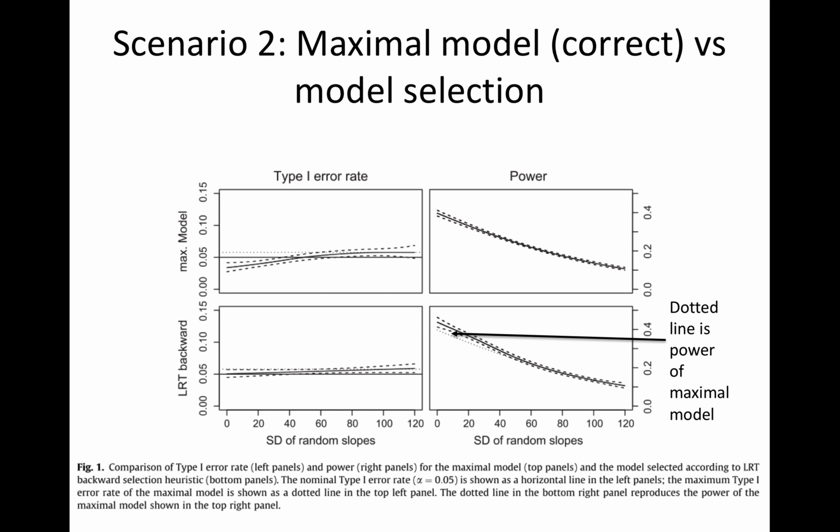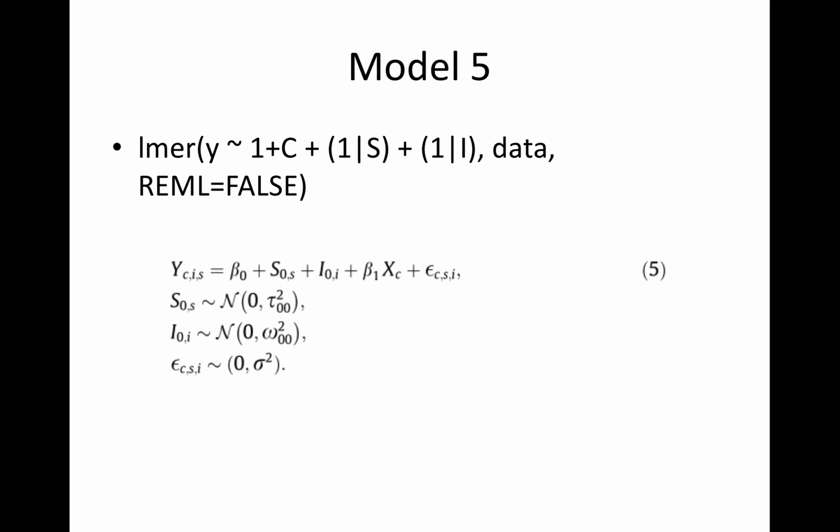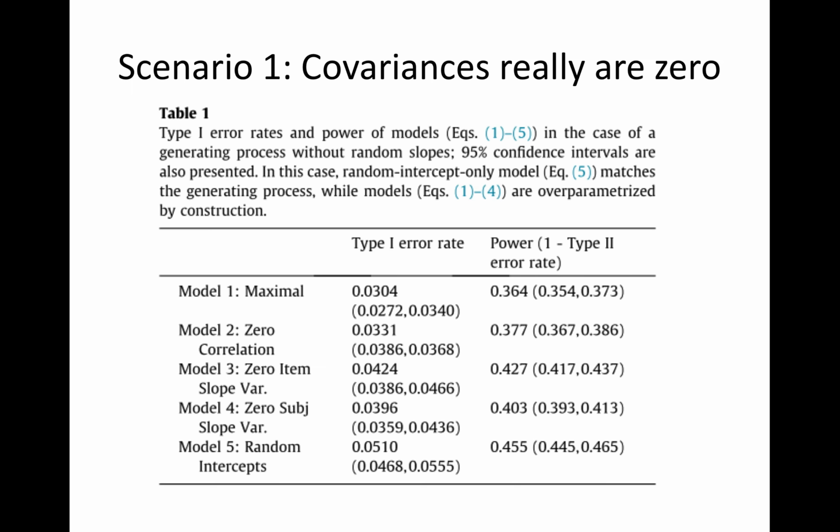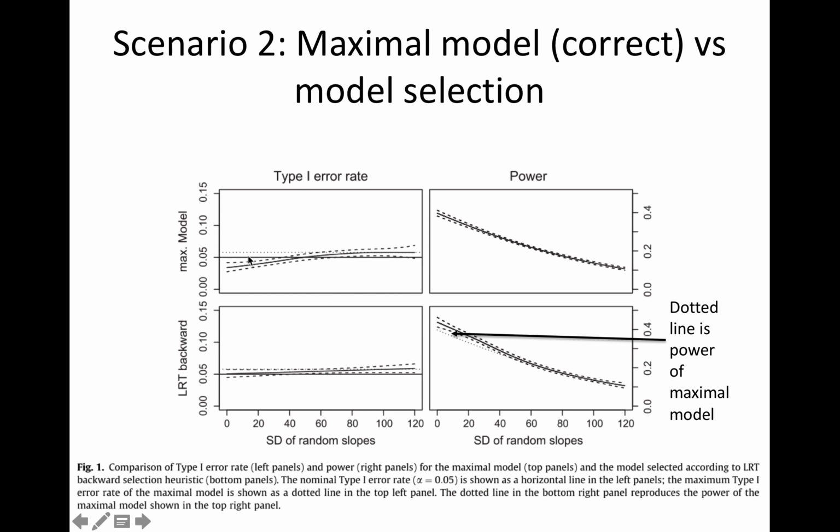Right, so that would be the diagonal of that matrix I showed earlier. Okay, I'm going to go back. Sorry about the flipping. So these are the covariants. So now the random slopes are small right here. Small variance. Okay. So what you see, we have a conservative model again for the maximal model until the variance